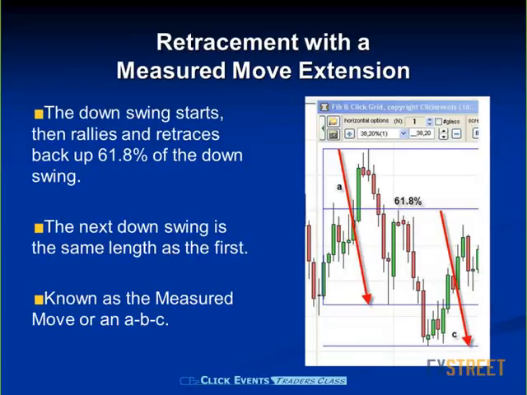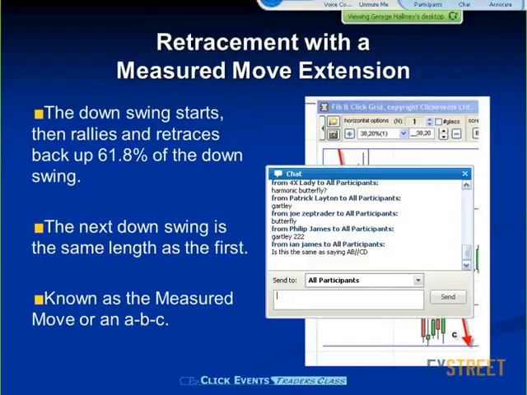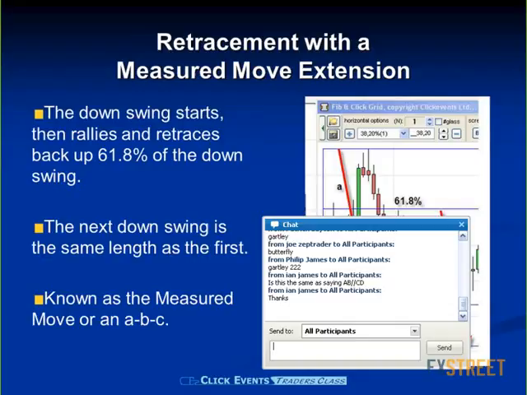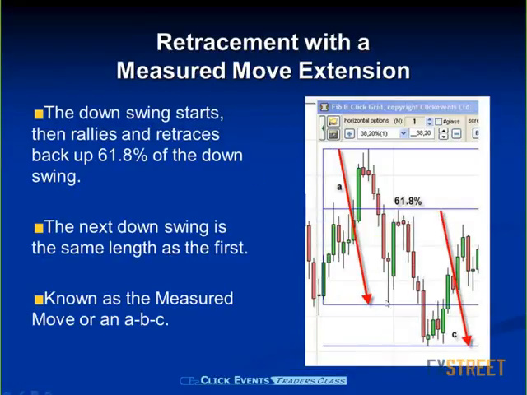Yeah, absolutely, Ian. It's the same as saying A, B, C, D. There are different ways of using the old nomenclature, if you like, but you're absolutely right. So we could say that's an A to B, and then we get a little bounce. Some might call that a C to D, but it means exactly the same thing.